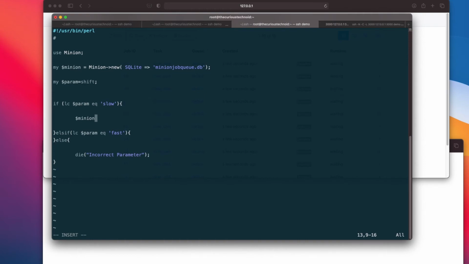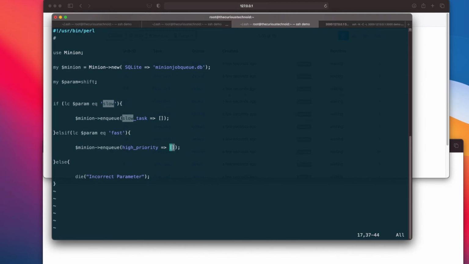We'll use the minion handle and we'll enqueue the job. This is a slow task. We will copy the same. This is high priority, not high task.